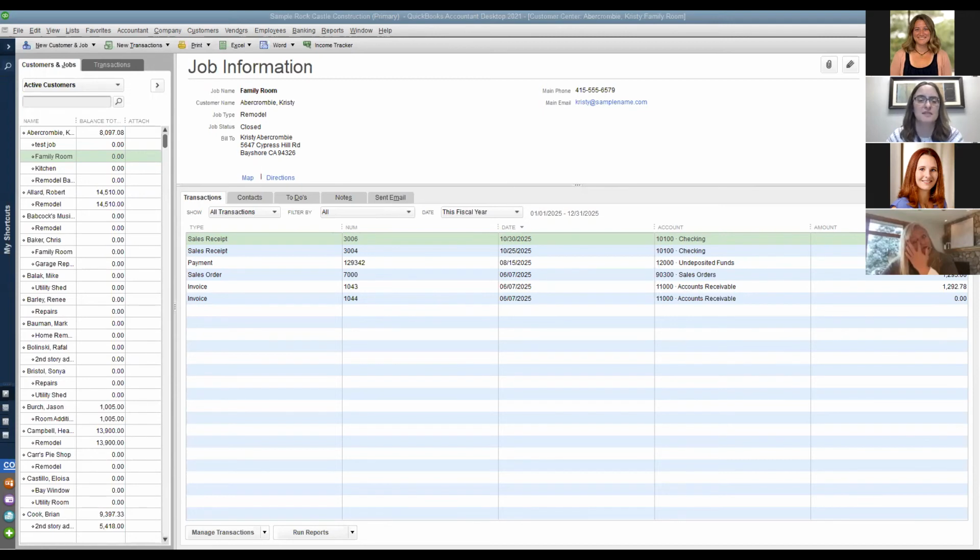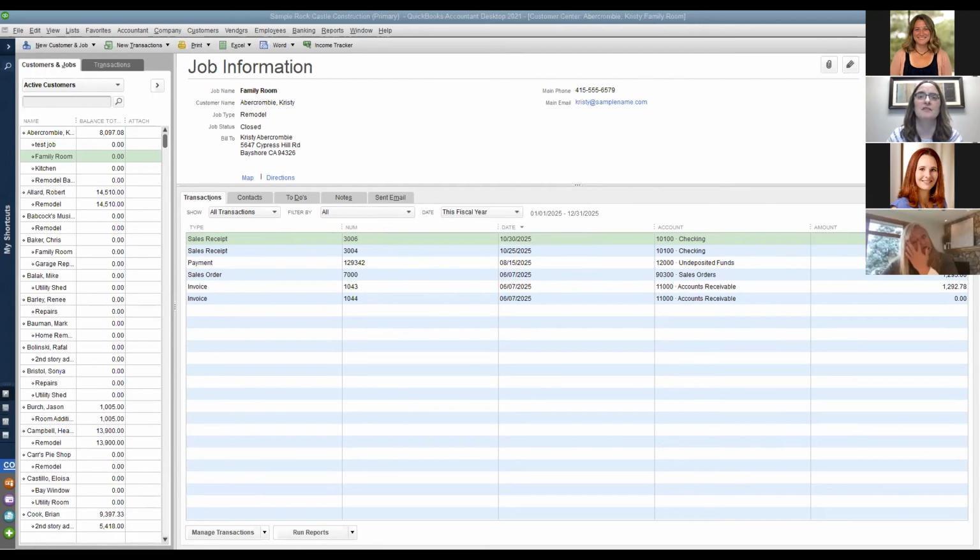So now we have our estimates. So we're going to want to assign costs to the jobs. And as I just alluded to a moment ago, when employees' time is being entered, you're going to want to assign that to a job. So in the enter time window for a weekly timesheet,